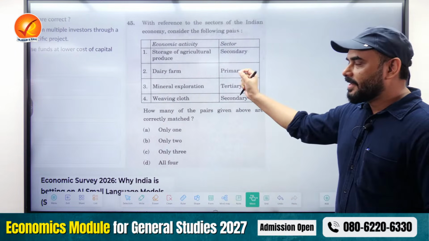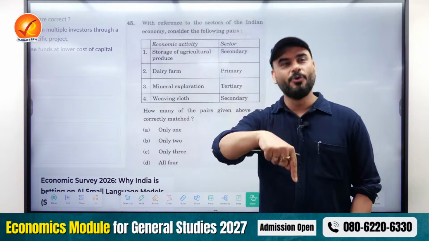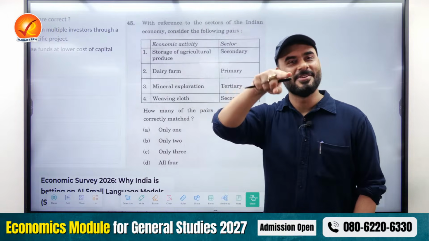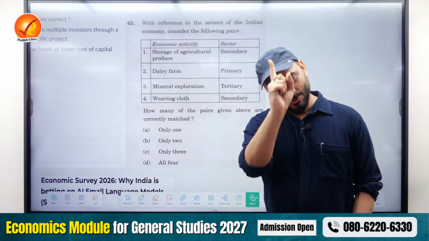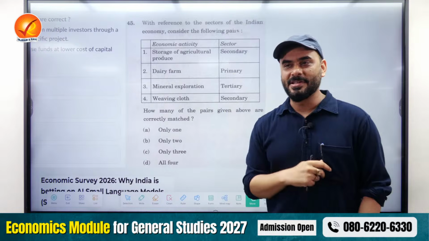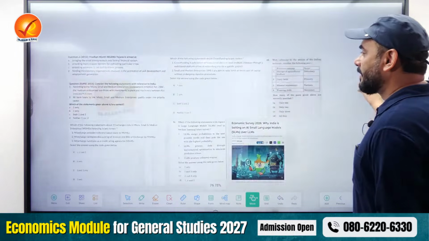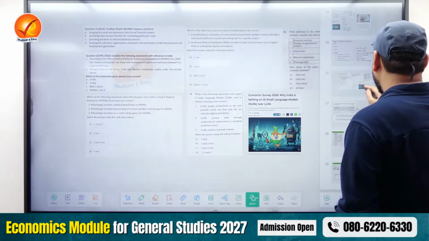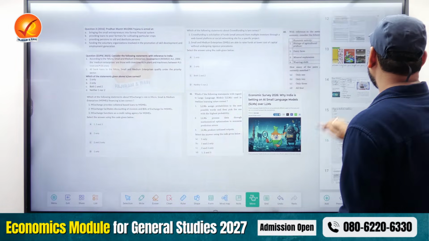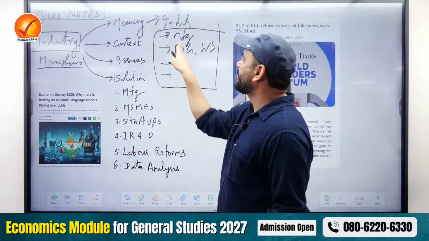So which means that if I'm reading agriculture, I should know where agriculture is placed. Where is service placed? Any word that you prepare, you should know where it is placed. This comes from NCERT. See the relevance? Question MCQ, huh? Let's go back. Let's look at the second one. So the first thing is definition.